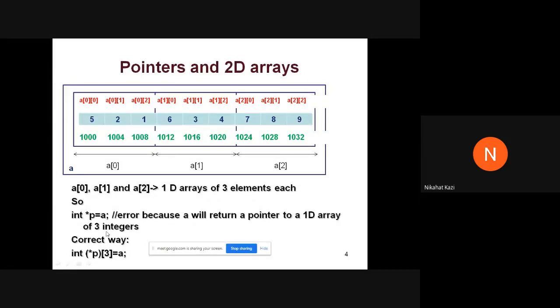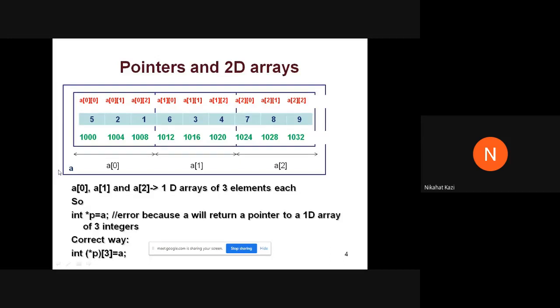So when I write the array name as it is, what should it return? It means the address of the first element of that array. Yes or no?